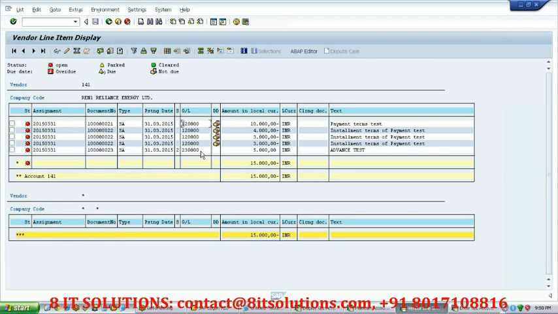Similarly you can do it for any other kind of subledger posting, like it can be a bill of exchange, a letter of credit, a security deposit, a bank guarantee, and so on. There are too many varieties of special GL. One is noted item and another one is your bill of exchange, so that will be discussed later on. So this is what we call the special GL transaction.